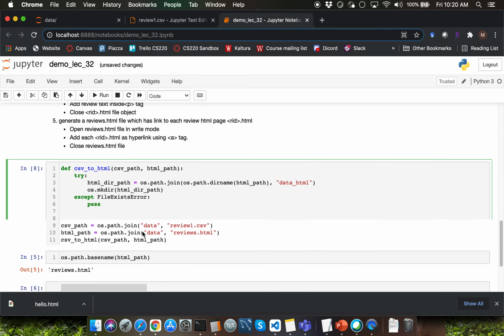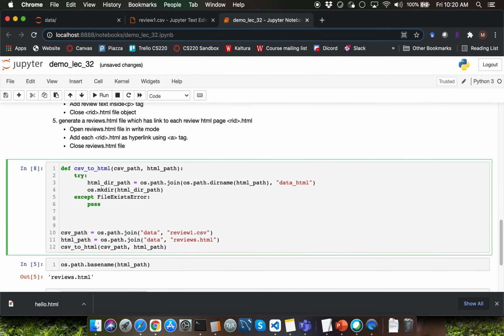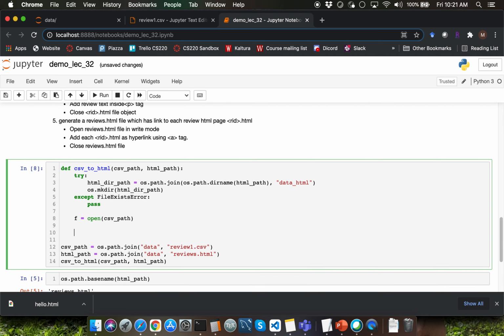I'm going to go back to the csv_to_html function definition. First of all, I'll have to use the open function call and pass as argument csv_path over here, which is the relative path to the CSV file. I don't have to specify the second argument because r mode is the default argument for the file reading mode. Let's capture the return value from the open function call into a variable called f, which is going to store the reference to the file object instance.